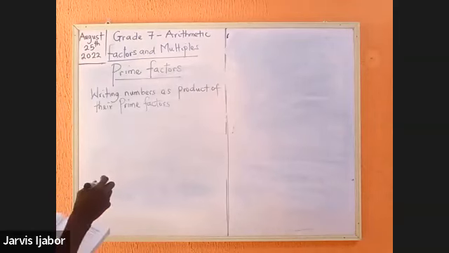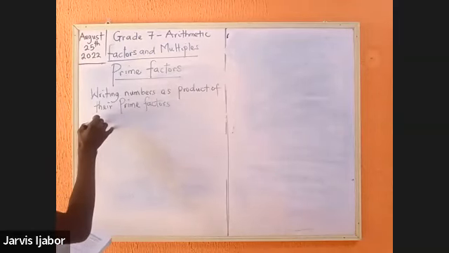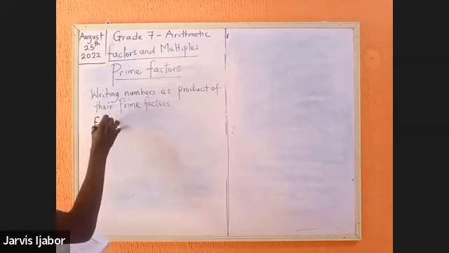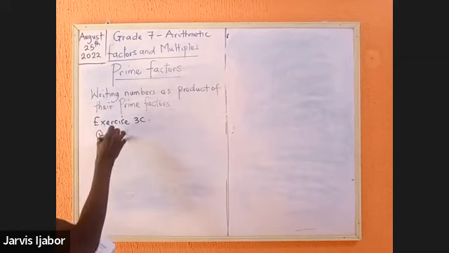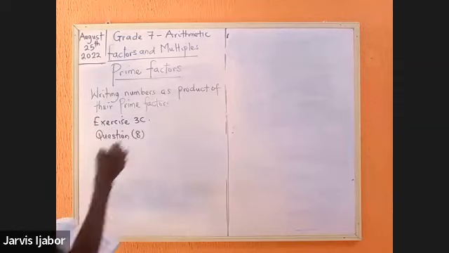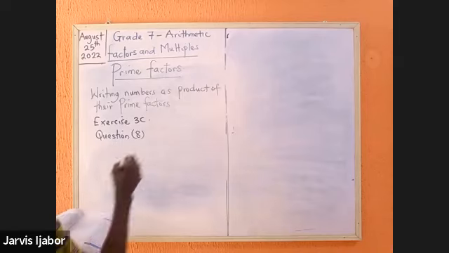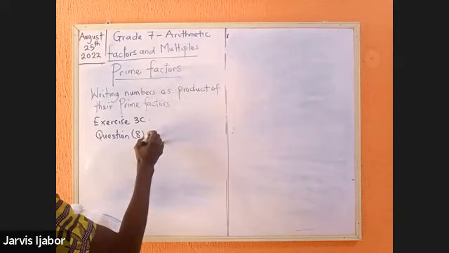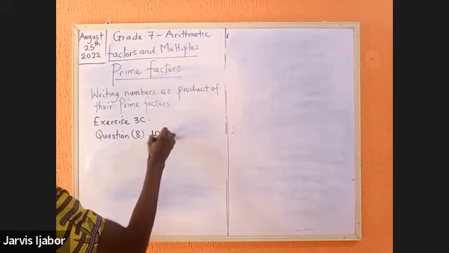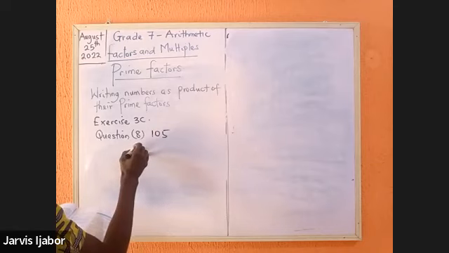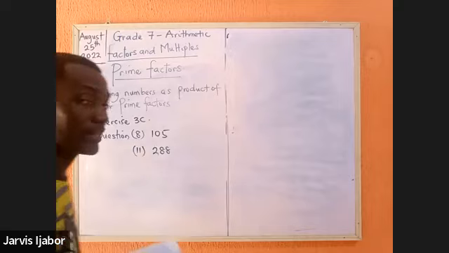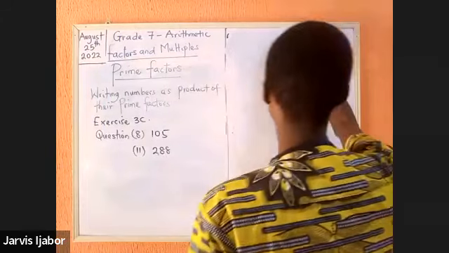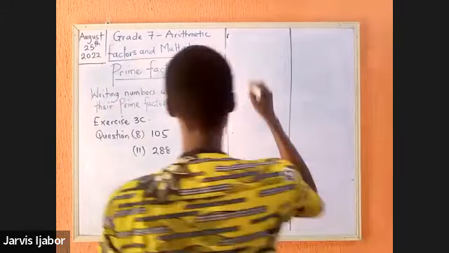I will pick question 8. Question 8 says 105. I will pick question 11. It says 288. So those are the questions I will pick. I'll just split my board into two. For question 8,